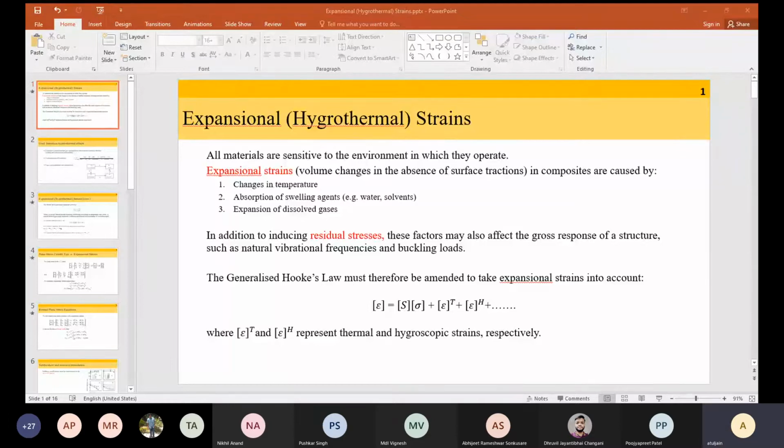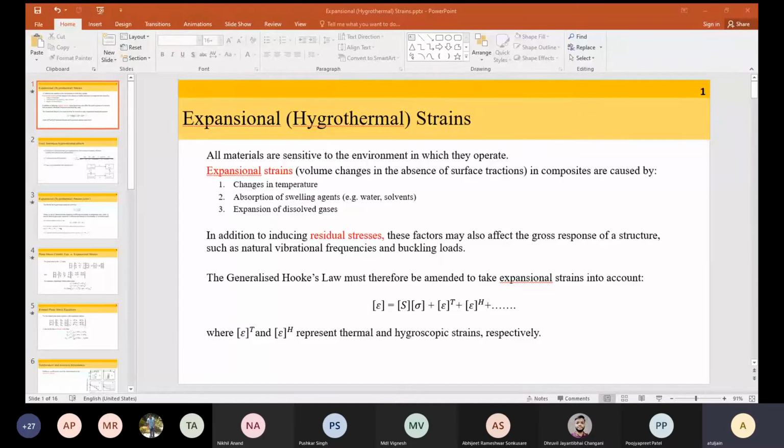This dry composite actually could be dry material, dry orthotropic material also. This definition holds true. And we want to consider all four configurations. All four configurations means what happens if temperature, coefficient of hygroscopic expansion, and stress are all 0, what happens if one of them is not 0, etc. So what is the effect of only thermal, what is the effect of only hygroscopic, what is the effect of all three combined, what is the effect of mechanical loads that we applied. So all different configurations our proposed model should be able to account for.